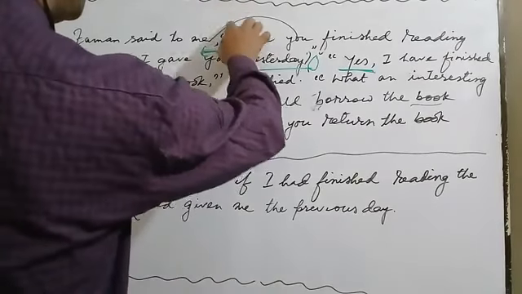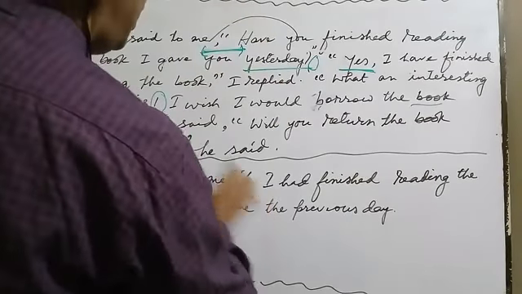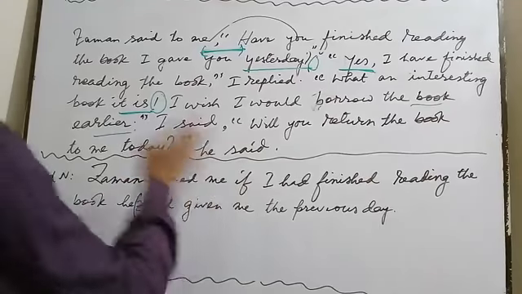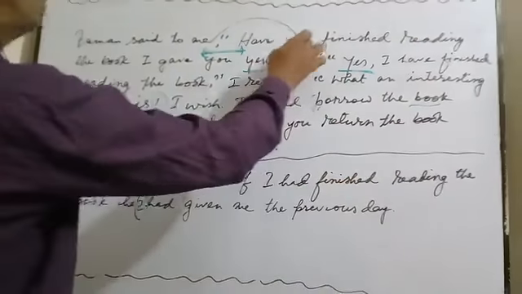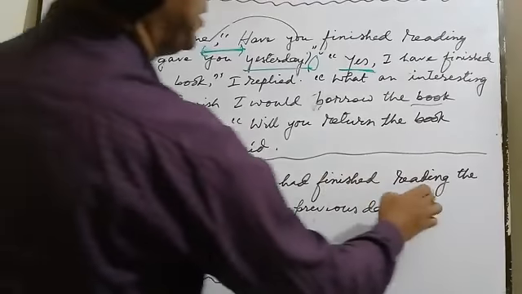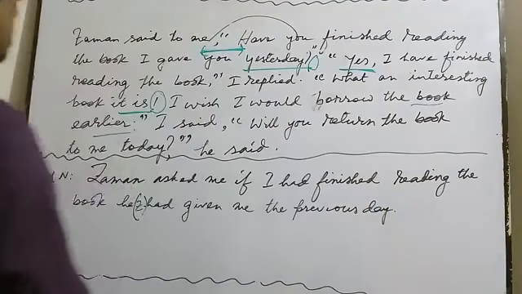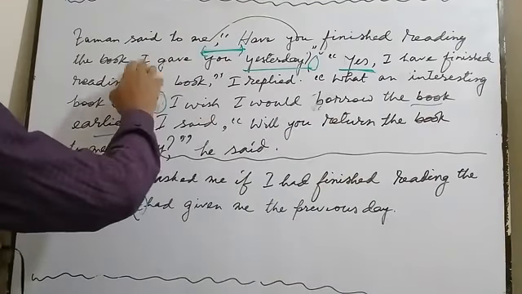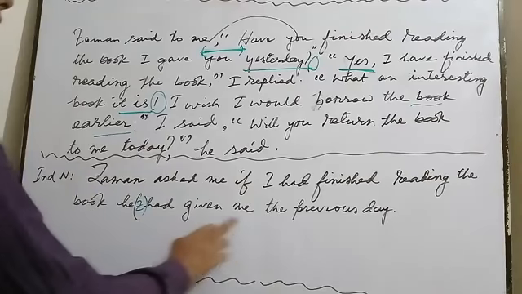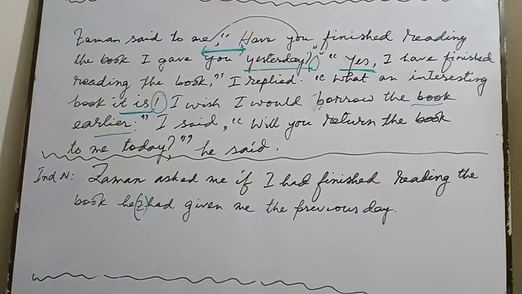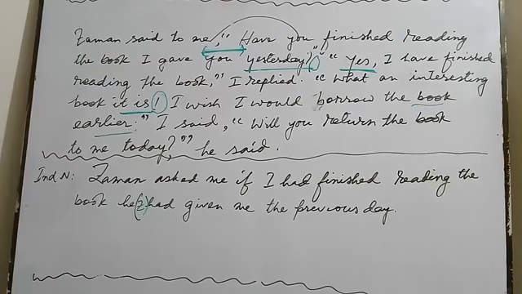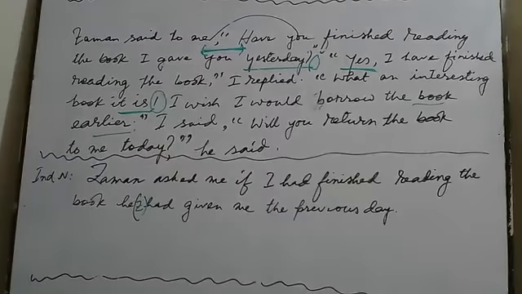Here the conjunction is if or whether. I have written here if. Zaman asked me if. It is present perfect tense, it will be past perfect tense, and you will be me. I had finished reading the book which he had given me the previous day, yesterday, the previous day. Be careful and be keen about this. Okay. Now,